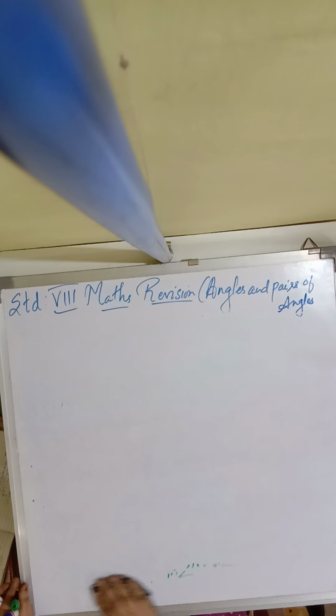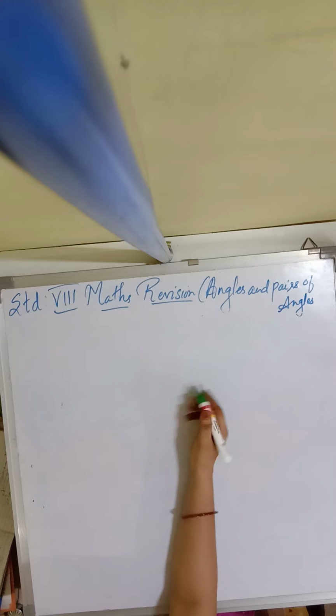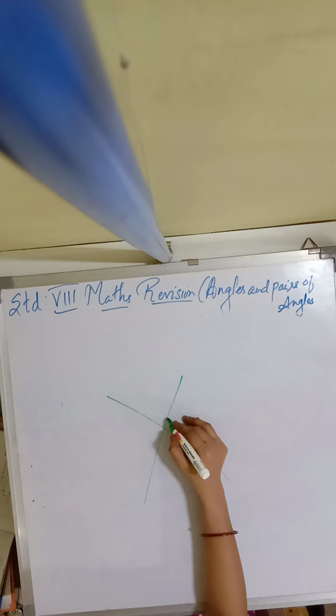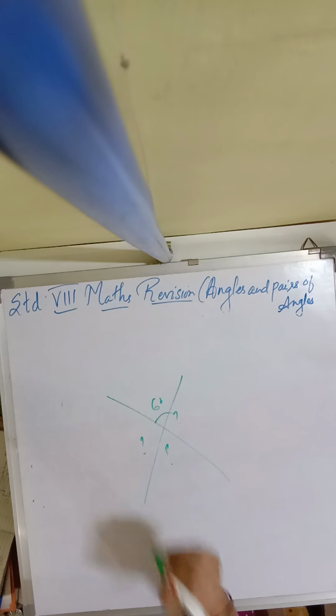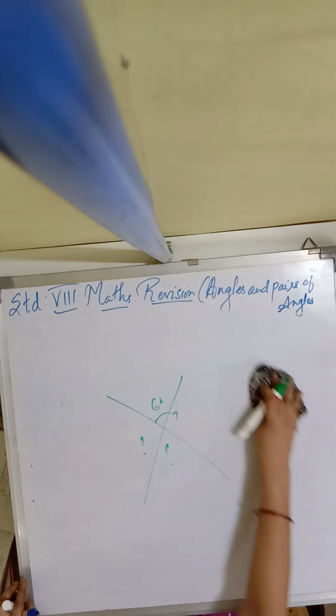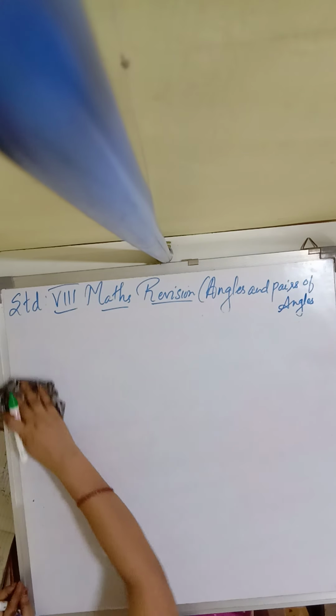You can take many examples of it, children. You can draw some figures of your own also, and suppose you draw it this way and take, for example, this as 60 degree, what will be the measure of the other 4 angles? So you can practice it. For homework I may give you some questions based on angles in a linear pair, which you need to calculate.